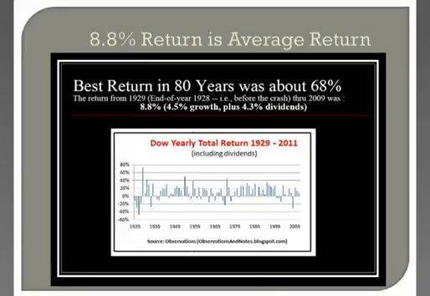First of all, before we get into my particular system, I just want to talk about expectations and what you should be looking for when you're evaluating any system, whether it's mine, yours, or ours. If you take a look at the last 80 years of the Dow and you look at dividends and growth, you'll see that on average over an 80-year period, it's about an 8.8% return. You had big years up, big years down. The last 10 years hasn't been anything to speak of, but on average in 80 years, your expectation of event has been 8.8%.